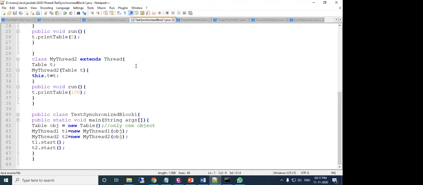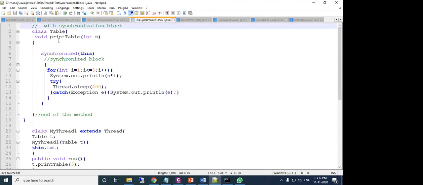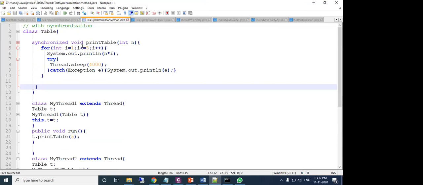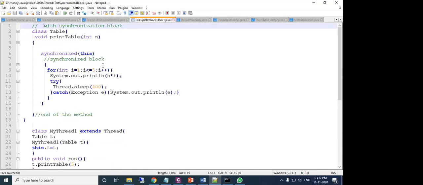Just see here, in the previous program the print table was defined as a synchronized method. Here inside the print table, all the things are written under a synchronized block.